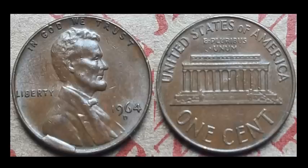So we have a 1964D. This is one I haven't seen in quite some time, but you can see the cud die break here. This is what a cud would look like after the piece of die had fallen out altogether. So it's going to leave that cavity in there. All the metal flow during the striking process will go into the empty cavity, thereby creating a raised anomaly on the coin like you see here. This one obviously had circulated quite a bit, and where the cud is positioned on the coin, it's really easy to miss. So this one right here ended up selling for $40.50 with 5 bids,